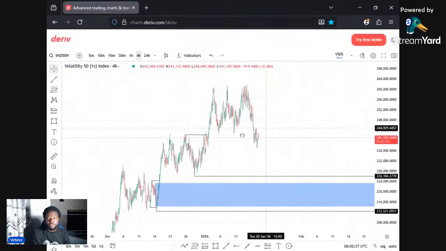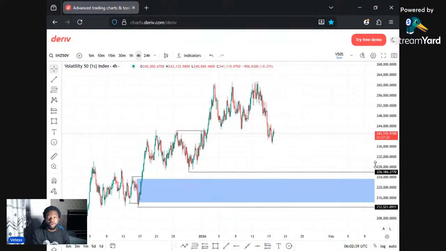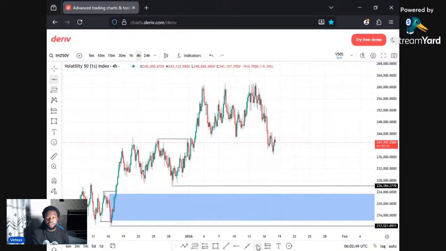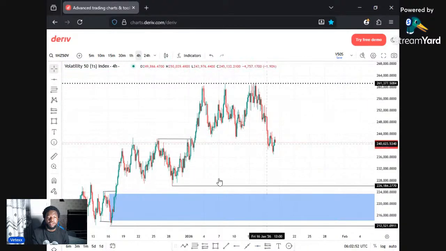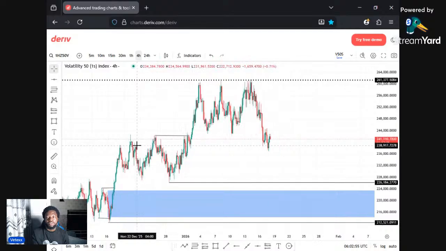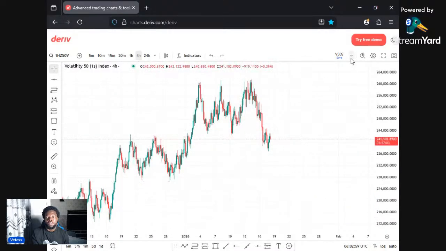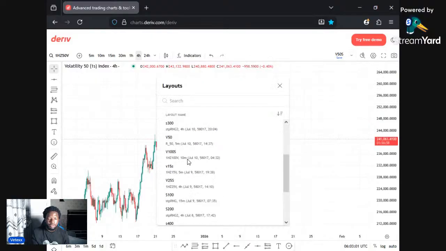So what are we expecting next? We're expecting price to tap into this 4-hour zone. Once price taps into this 4-hour zone, we can then start looking for continuation on the 15 minutes time frame until price takes out this target, which is this. Once price takes out this target, we are done with it. So currently that's what we're anticipating on V51S. So let's check the next pair,